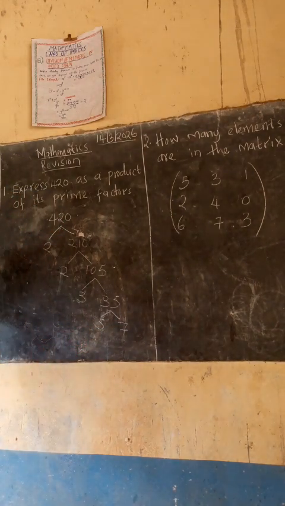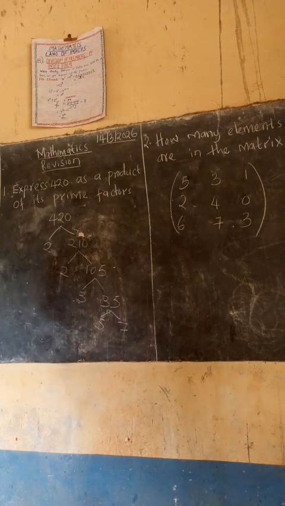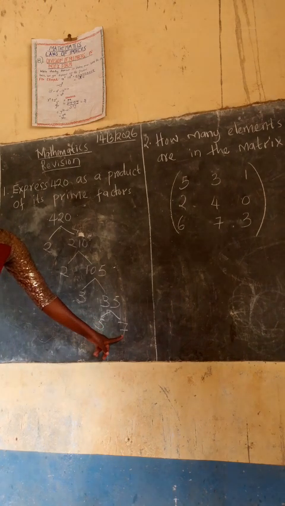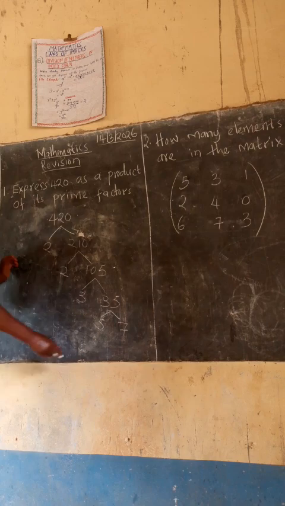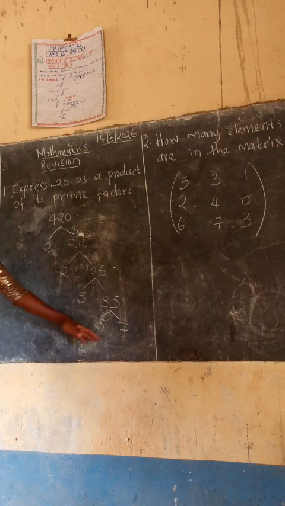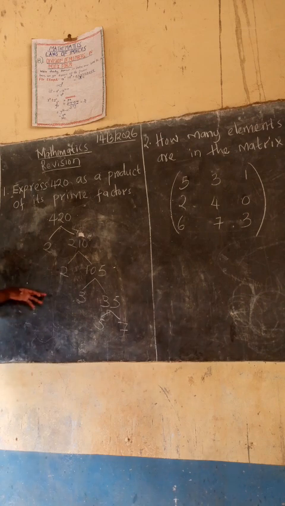No. Why? Mwende? 7 is a prime number. Very good. 7 is a prime number. So the moment the last number is a prime number, you don't proceed. Some learners make a mistake and say 7 divided by 7 is 1, therefore including 1 in the list. And we had said earlier that 1 is not a prime number. So now we have 2 times 2 times